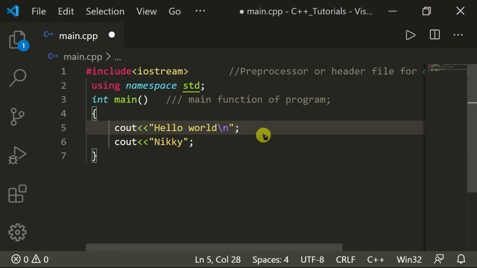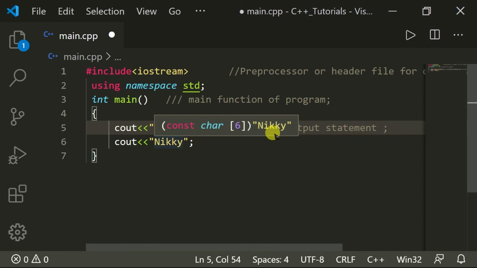These both lines are called the output statement. The cout function is the output statement, and that is the main function of the program, and that is the preprocessor or header file for the output statement.